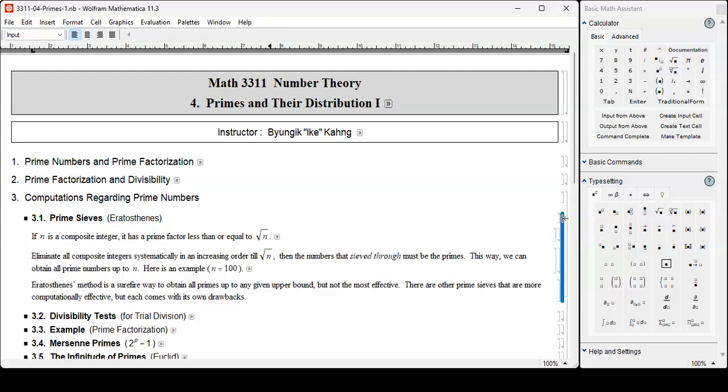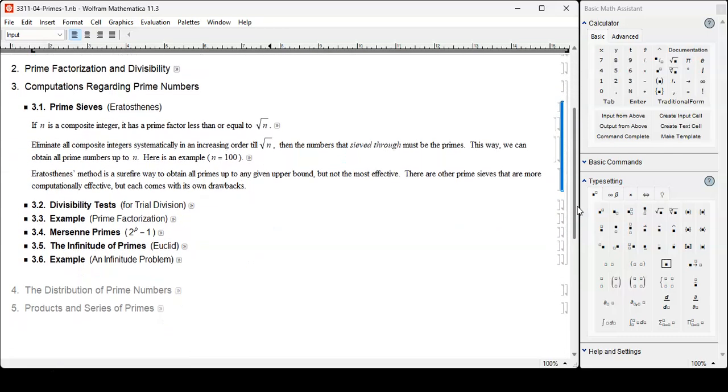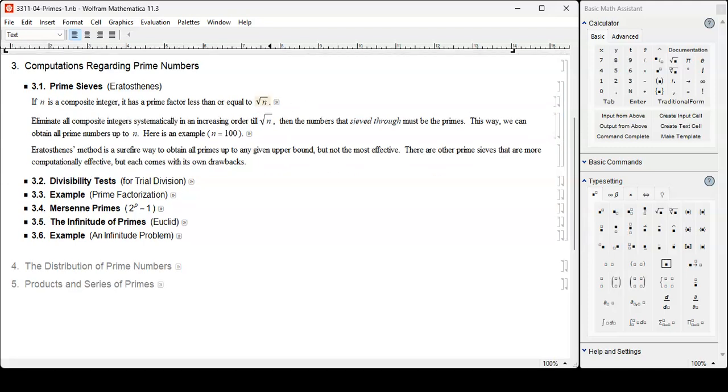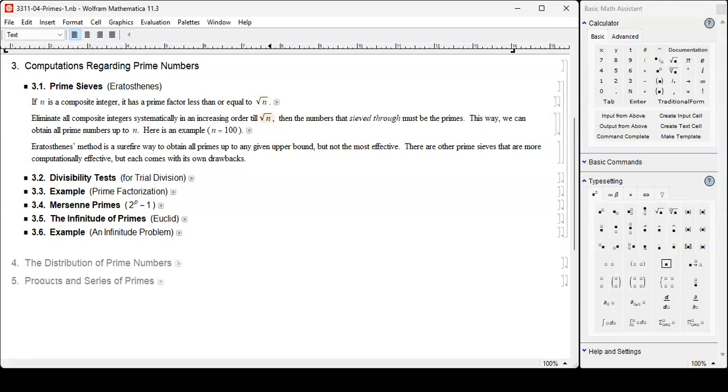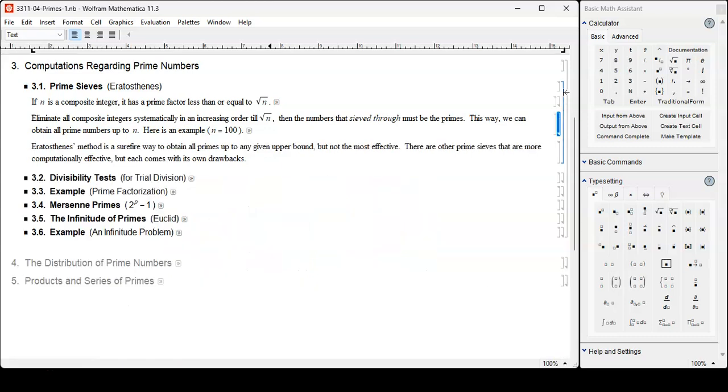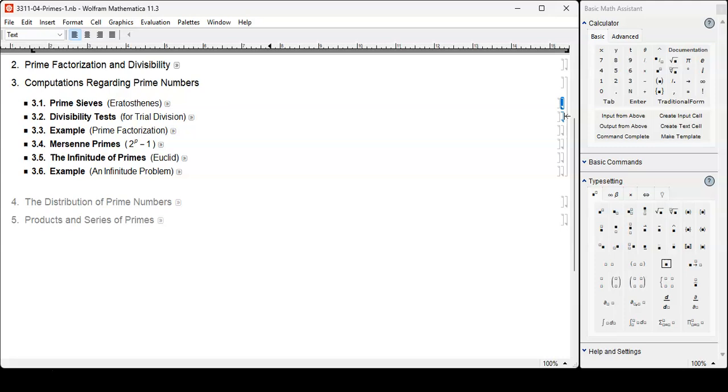Previously we went through prime sieves and got some motivation on trial division. In order to test for prime, we have to do some trial division up to the square root of n. You can do it one at a time or up to n at the same time. And the latter method is called the prime sieve method because we cross out composites and the numbers that sieve through must be primes. But then again, when we do those trial division tests, we would like